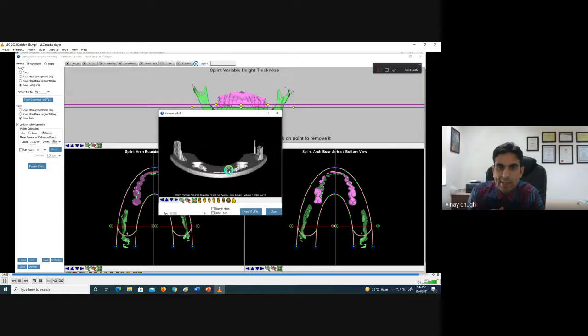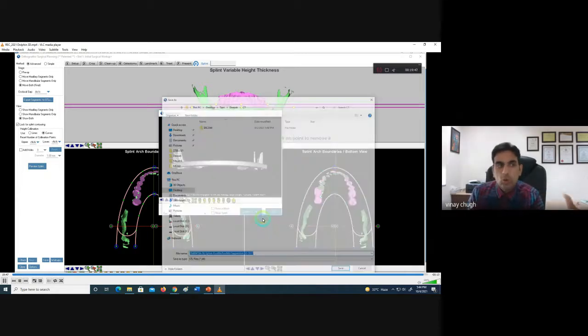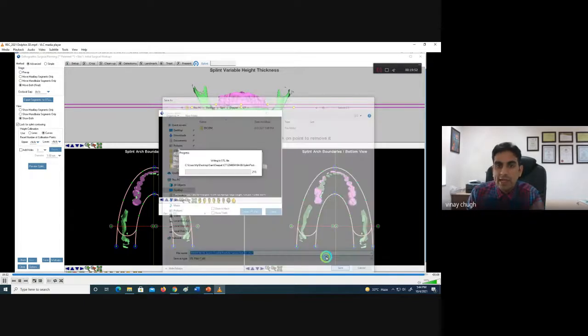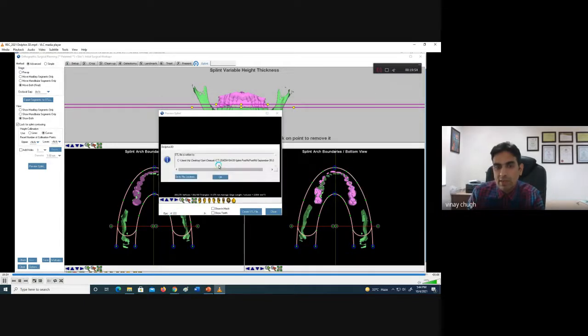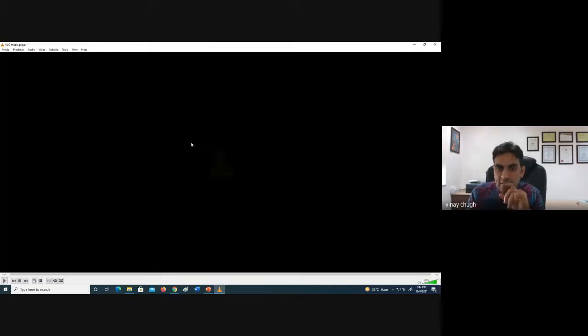What is recommended is that because the occlusion may not be that accurate on the CBCT, if you want to make a splint, it is better to have the integration of the 3D model into this. There is one step, like we integrated the 2D photograph, there is a step of integrating the 3D surgical model onto this CBCT.